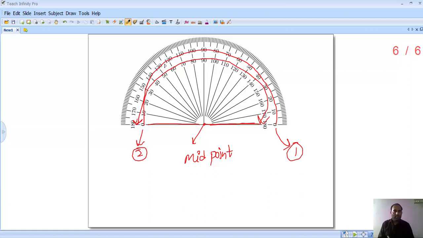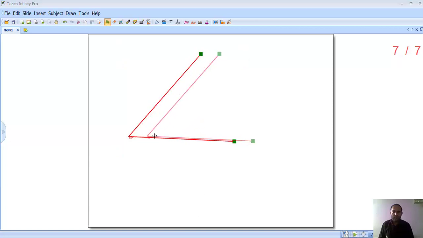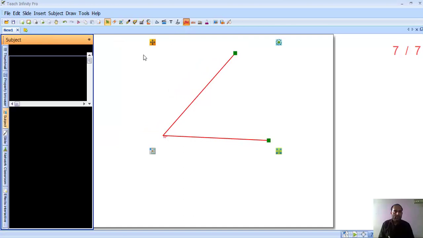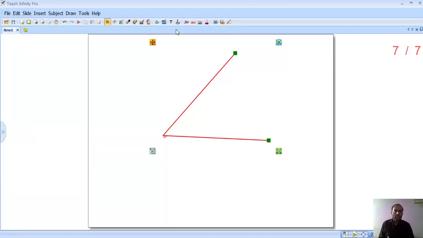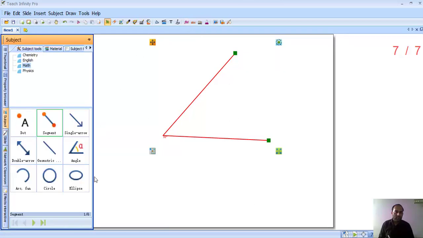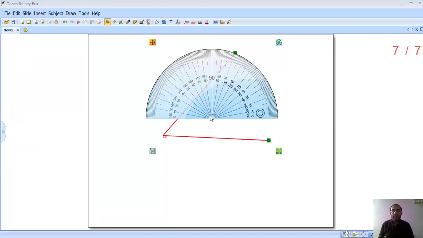Okay, let's take another slide and let me draw an angle. This one is the angle and we will measure this angle. Let me take my protector also. And you should also take your protector, draw one angle and take one protector. You will also measure the angle with me. So everyone, take your protector with you.